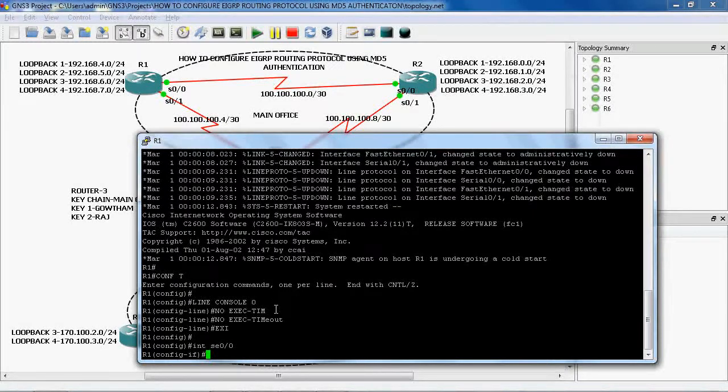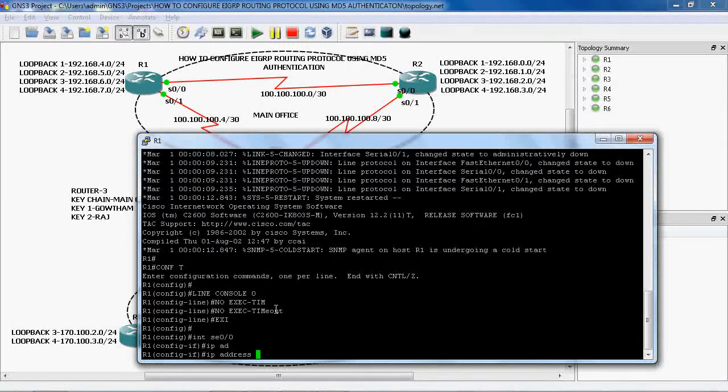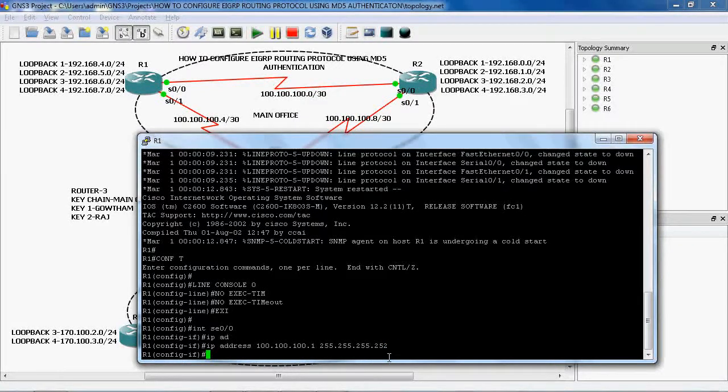Here we assign the IP address for that interface, ip address 100.100.100.1, and the subnet mask is 255.255.255.252, because here we use /30. Enter.